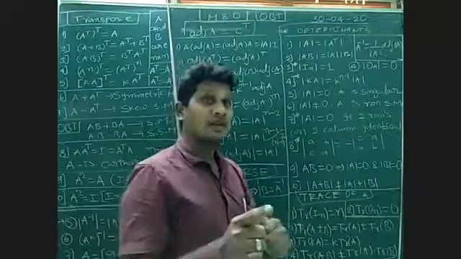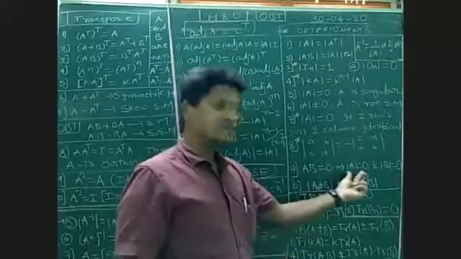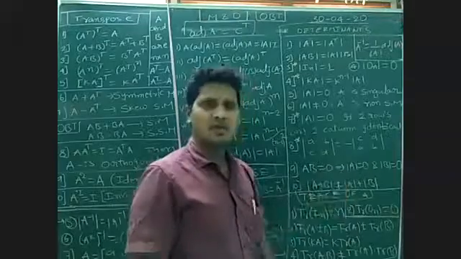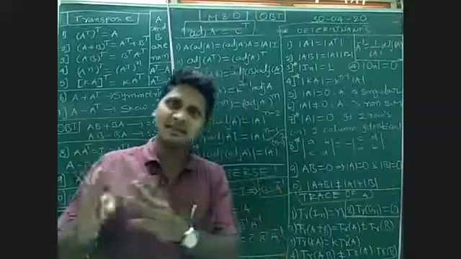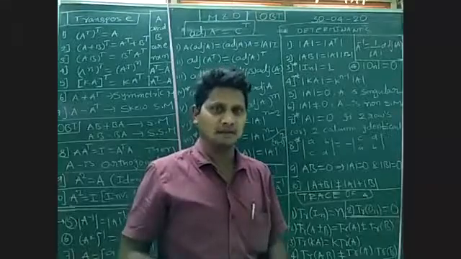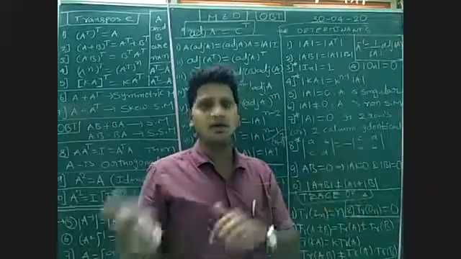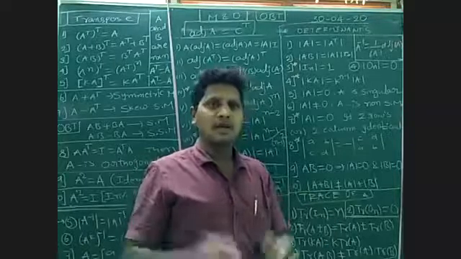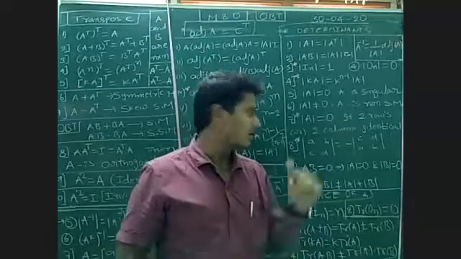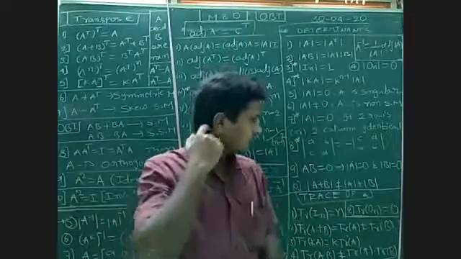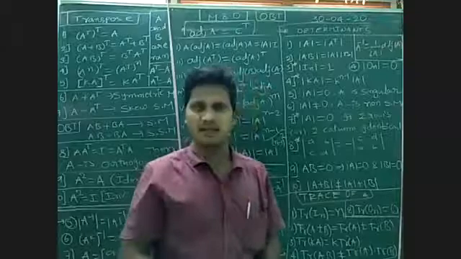Generally, yesterday in the morning class we did one objective question. If AB is equal to 0, is it necessary that A is equal to 0 or B is equal to 0? Some options I gave: A is equal to 0 or B is equal to 0; A is equal to 0 and B is equal to 0. It is not necessary for A and B both to be 0. That is the first option, so the first option was the right answer.